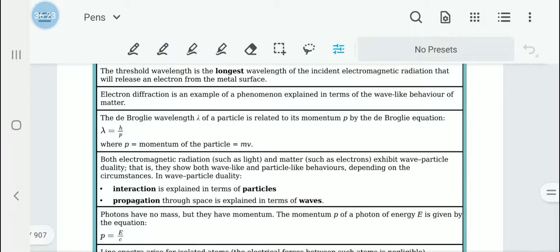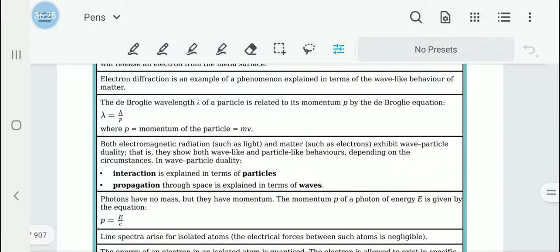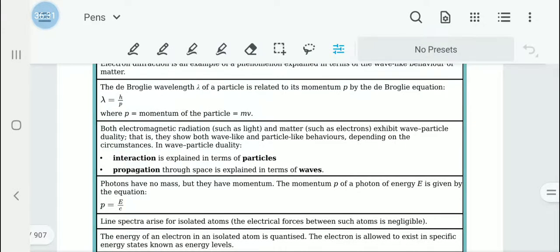Then electron diffraction is an example that proves the wave-like behavior of matter. Then the de Broglie wavelength lambda of a particle is related to its momentum p by the de Broglie equation,